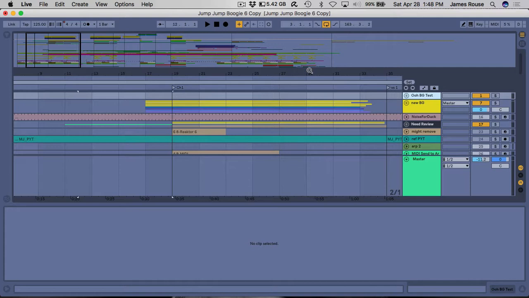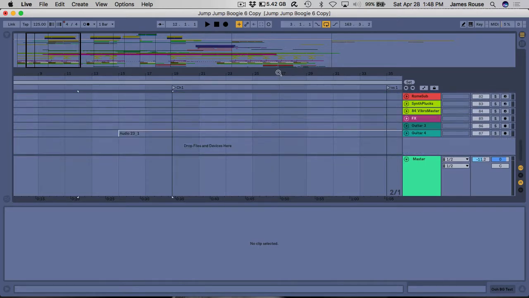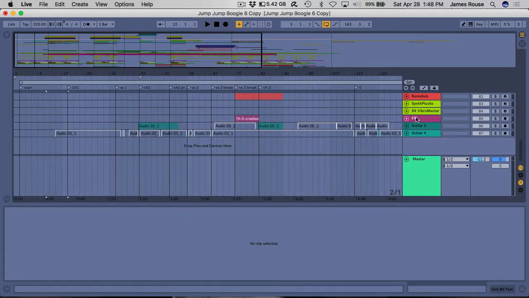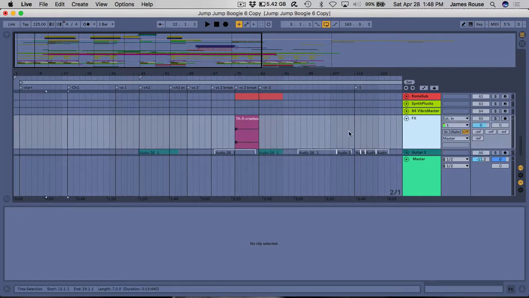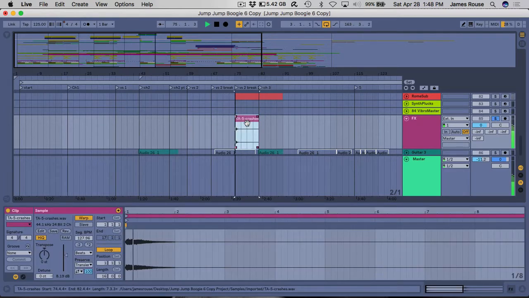Also, tracks that are not named properly. We looked at Keys Shaker, but another one that I had noticed when I started working on this was FX. I would normally put this with all of my sound effects, but upon further investigation, that's a crash cymbal. And this crash cymbal actually